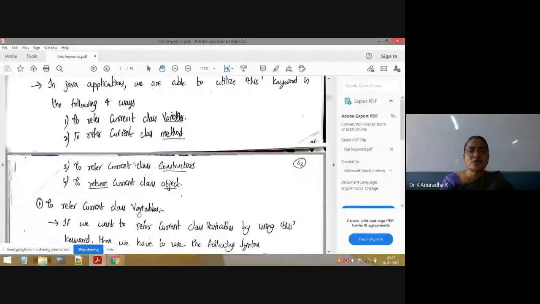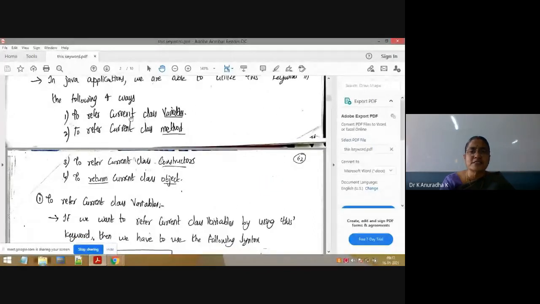Now, the first one is to refer to the current class variables. Next, to refer to the current class methods. Next, to refer to the current class constructors. Next, to refer to the current class objects. So these are the 4 ways where we use the this keyword in Java. So I am repeating, this means current class. In all the 4 ways I am using current class, current class, current class. So this refers to the current